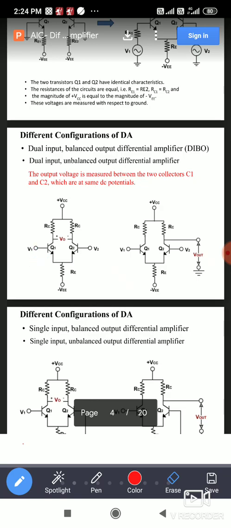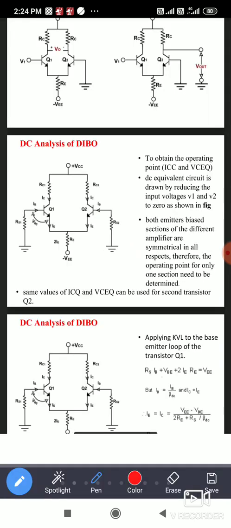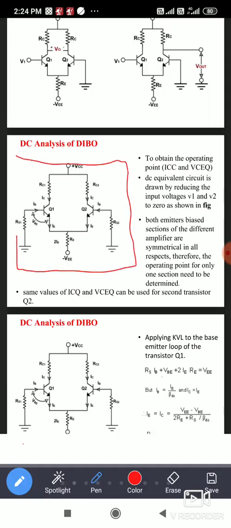Now I will show the DC equivalent circuit. In the DC equivalent circuit, voltage is not there. So the voltage is connected to 0, connected to ground. Right? There the voltage is removed and connected directly to ground. What has been done? The AC sources, whatever AC supply voltage is present, are made 0 volt. V1 and V2 are reduced to 0. That is the explanation given here.